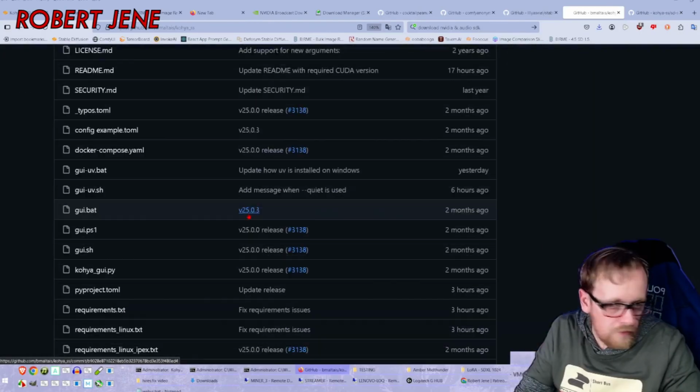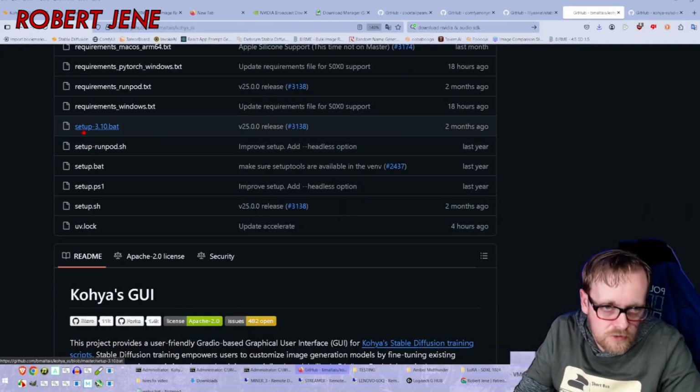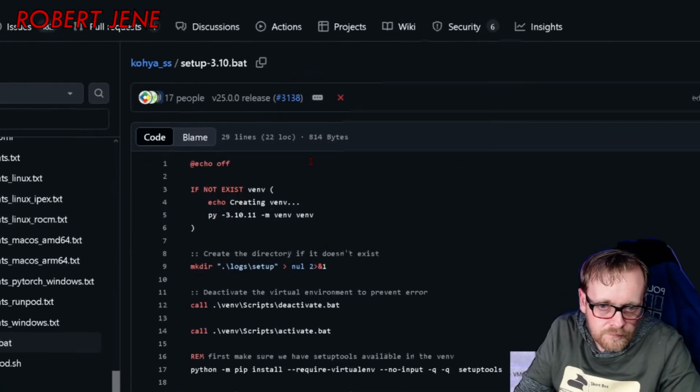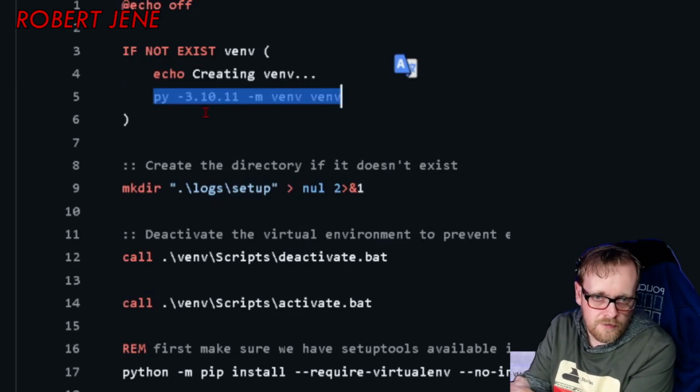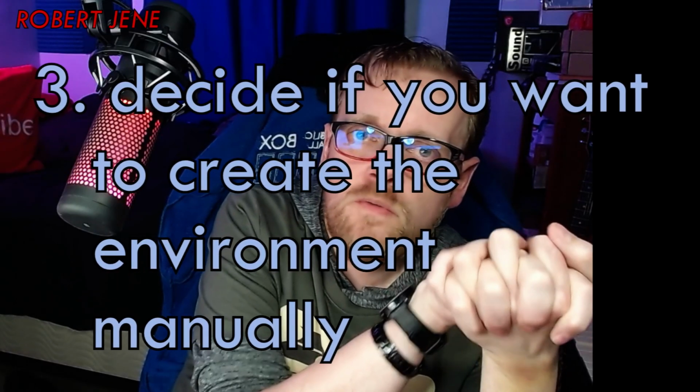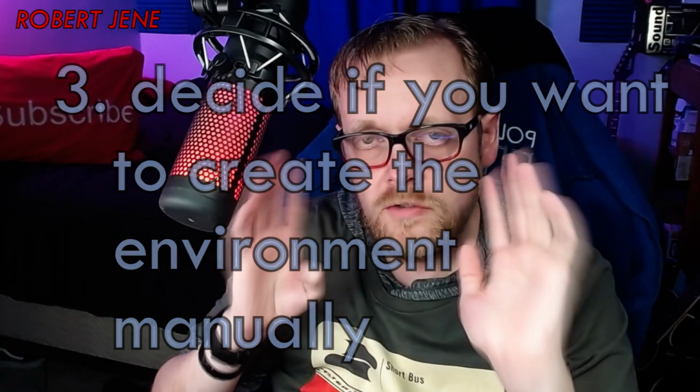Up here where it shows all the files and folders, we can look into the setup 3.10.bat file just by clicking it. And see how it's doing the py command to create the environment? More on this later. All right, now for this section, what you want to figure out is,